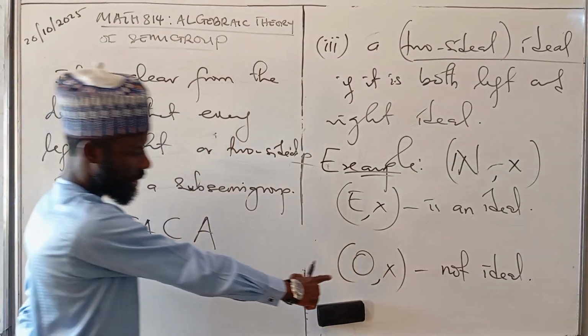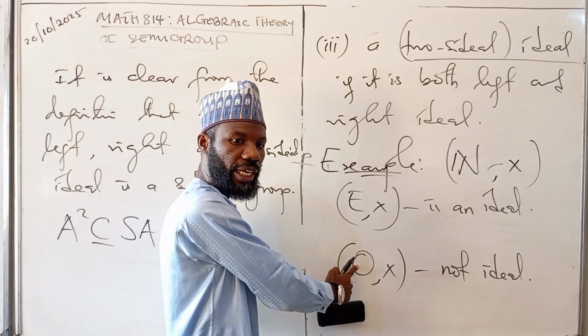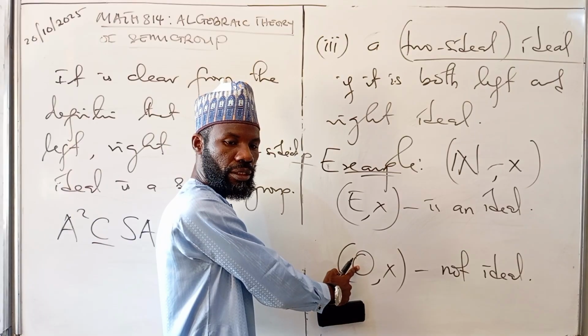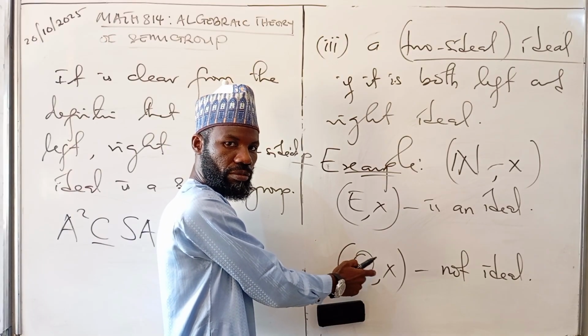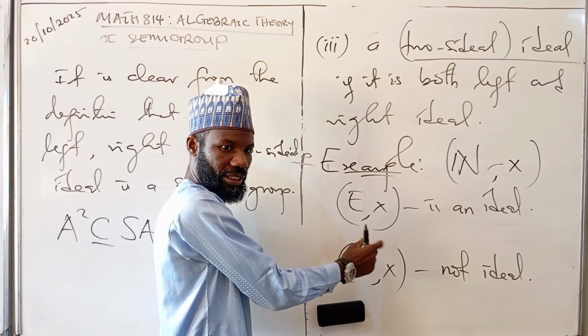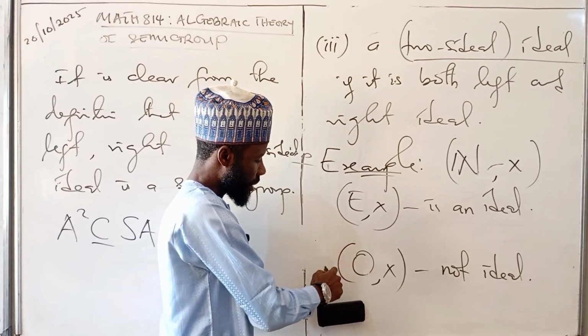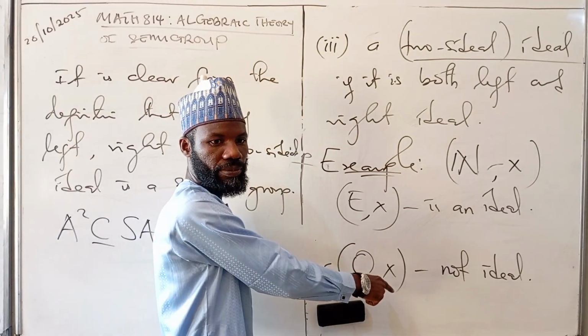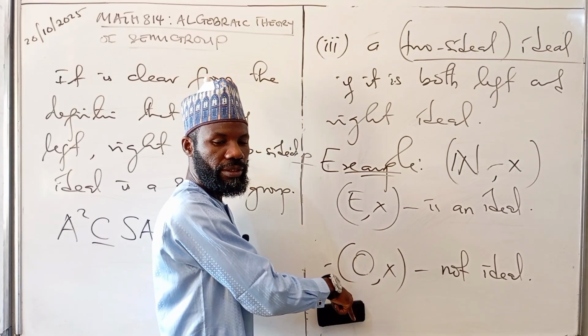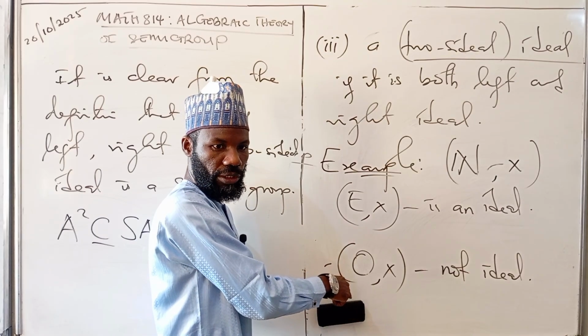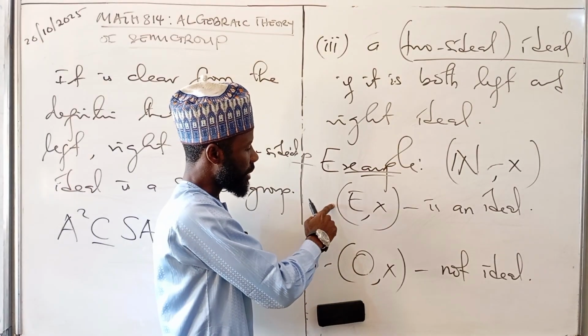Like the odd numbers. If I multiply any two odd numbers, I get an odd number. So it's closed with respect to multiplication inside the subsemigroup. So this is a subsemigroup but not an ideal. If you take an even number with an odd number, you get even if you do the multiplication. Are you following? But here,